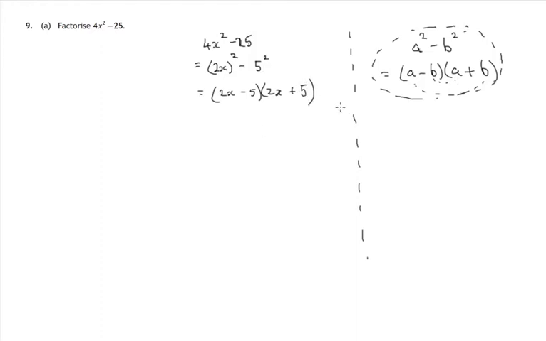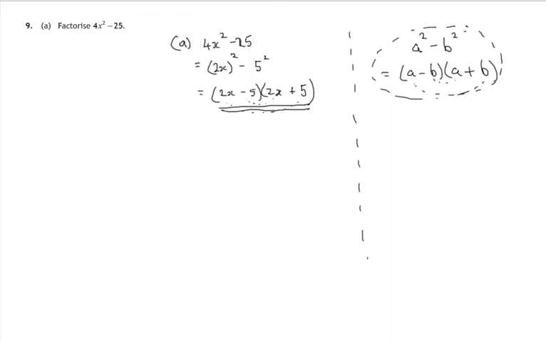And you really shouldn't leave it at that. You should check. Firsts, outsides, insides, lasts. First, 2x times 2x does give us 4x squared. The outside two, 2x times 5 is 10x. The inside two, negative 5 times 2x is negative 10x. 10x minus 10x cancels. And the last, negative 5 times positive 5 gives us negative 25. So that's the first part of this question